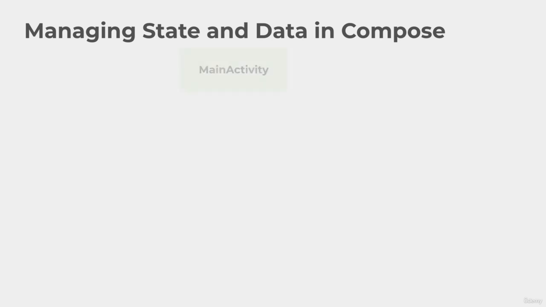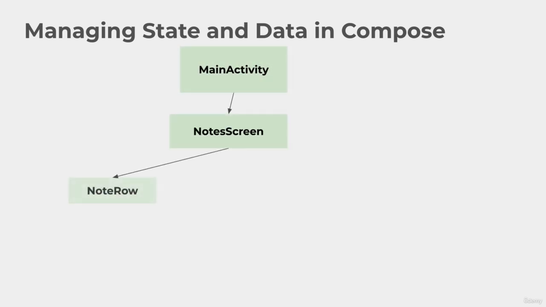Okay, so what we have right now is the main activity, we have node screen, and we have node row. These are calling each other, right? So node row is being called inside of node screen, which is being called inside of activity. And the idea here is that we are stuck because the list of nodes, the state that we created of all nodes, is stuck inside of main activity, which means even though we are seeing the repercussions of that, we're seeing the state being propagated to node screen and of course to node row,